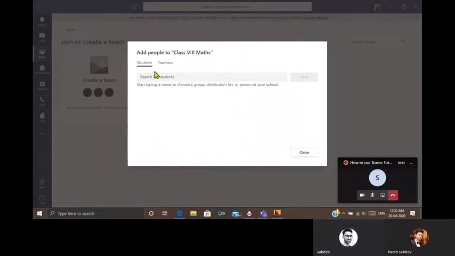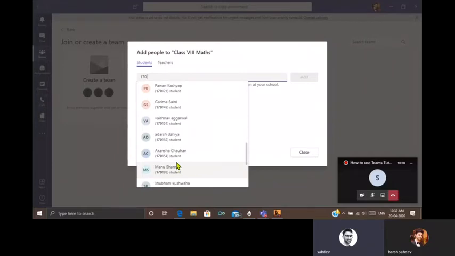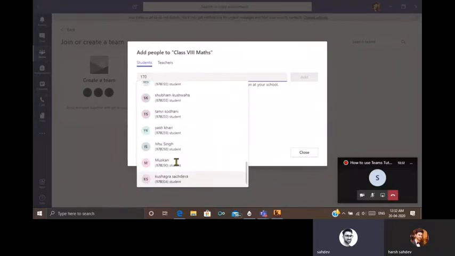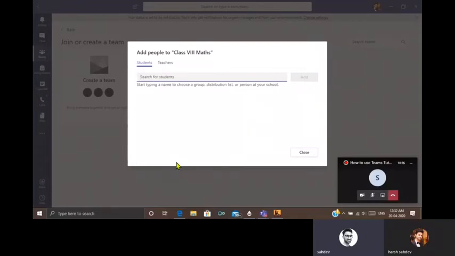Now I want to add students. So I'll type there either their names or the number by which I have made their username, like 170150. This is Divyansh Chauhan, Anushka Nevi. There will be many like this. I have to search them out, or I can type the actual number which I have and select them. Or I can write their name also, like